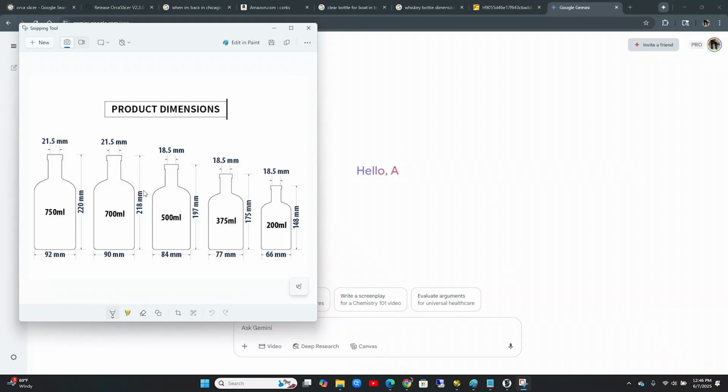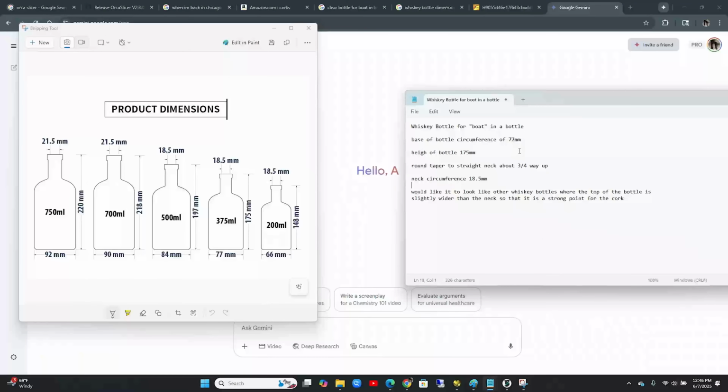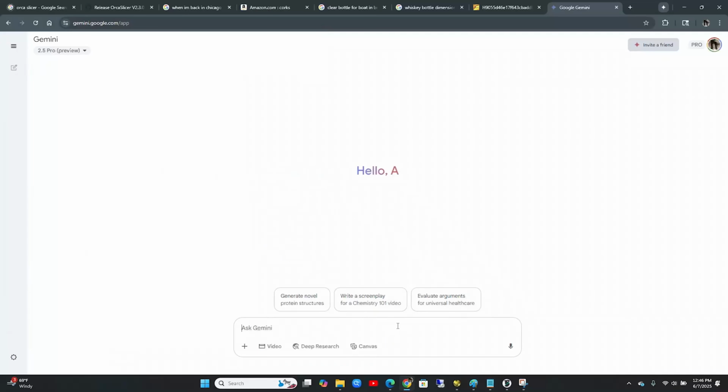The first step is I've looked into dimensions of bottles and what shape they are so that I'm able to explain it to Gemini, or ChatGPT works too, and Grok, Elon Musk's AI thing, works pretty dang good. I hate to admit it, but let's look at what I've written out for a prompt so far. I want a whiskey bottle, and I have the sizes that I want, the height, and I want it to taper, and I want the neck circumference, and I want that little bit of a larger top right there. So I'm going to copy this, and I'm going to go to Gemini,